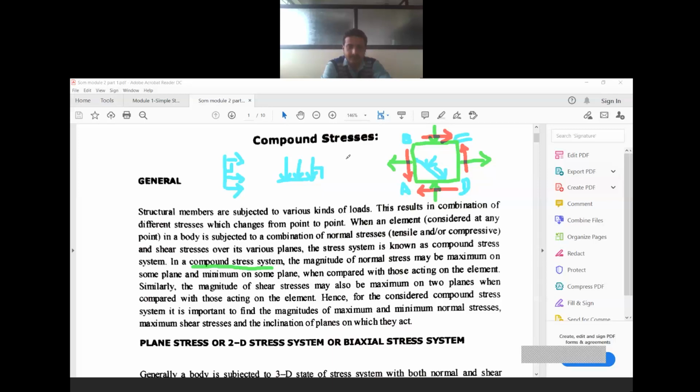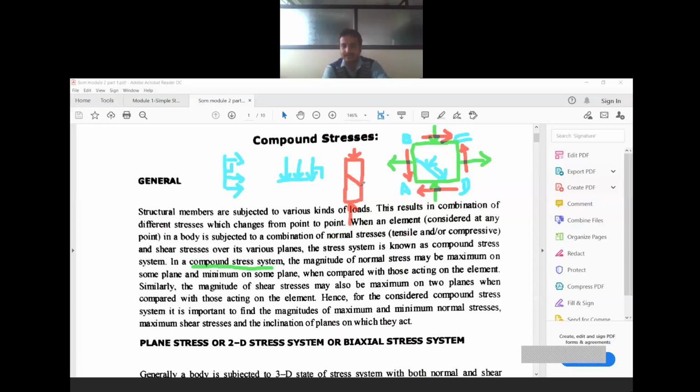So observe here. Just one type of force I will consider. See, we have this long member. When I apply compressive force to this member, what will happen? This member is going to break when I exceed the force, right? How will it break? It will break like this. See, at this angle it will break.